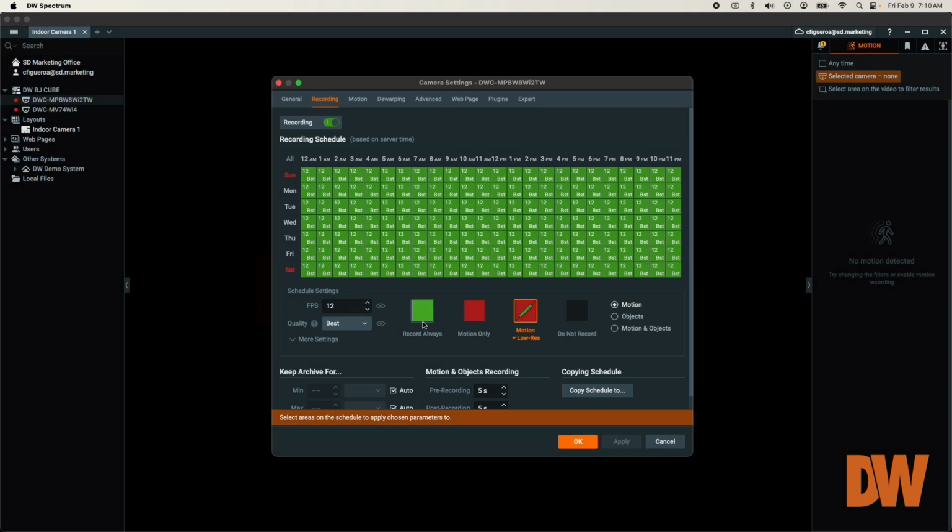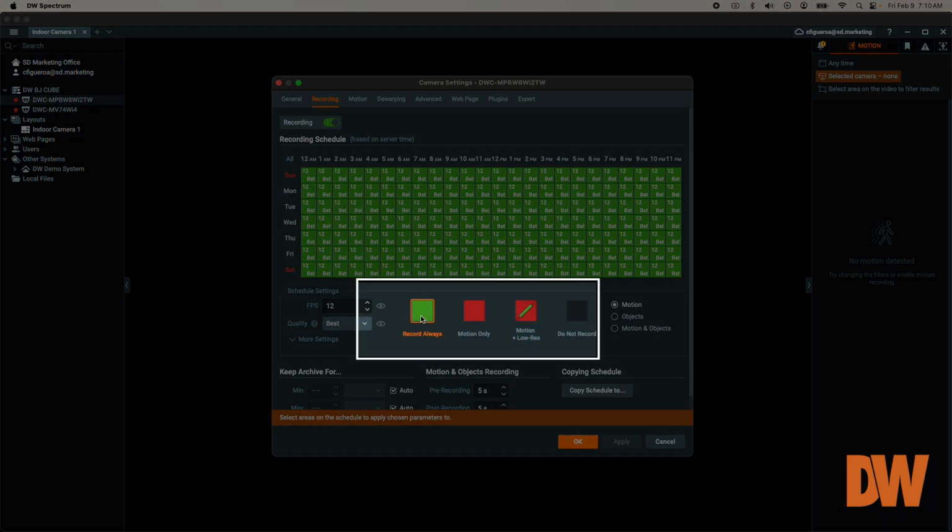After setting the quality, select a recording mode. Record always will set the camera to constantly add video to the server's archive. This option is best for creating constant, never-ending video recordings, but will consume more storage and resources. Motion Only will set the camera to only record when the camera and Spectrum detect movement in the motion detection